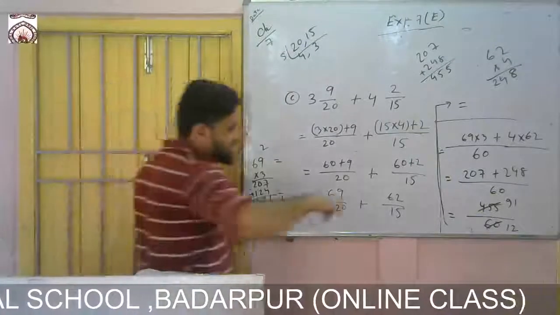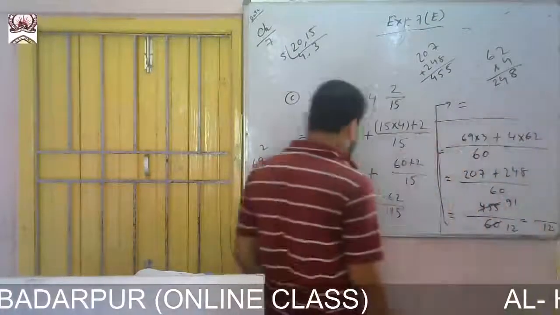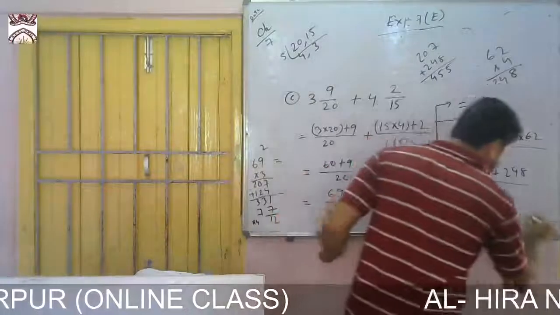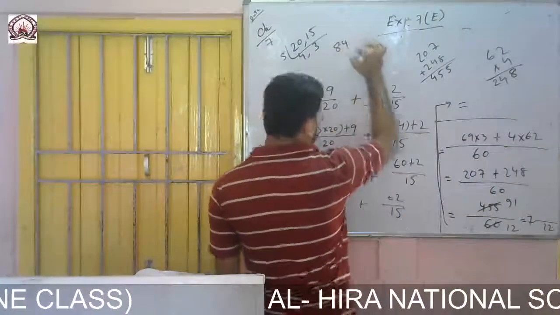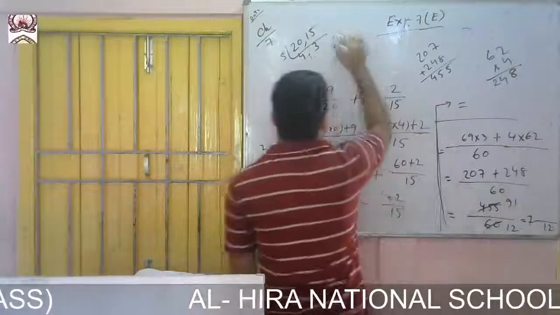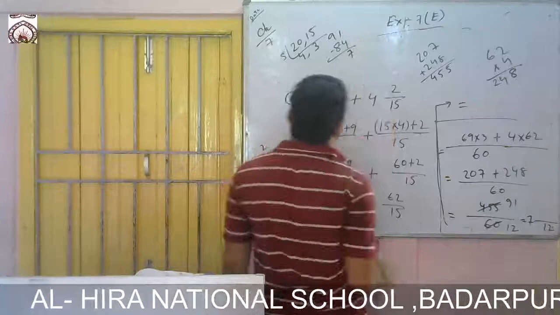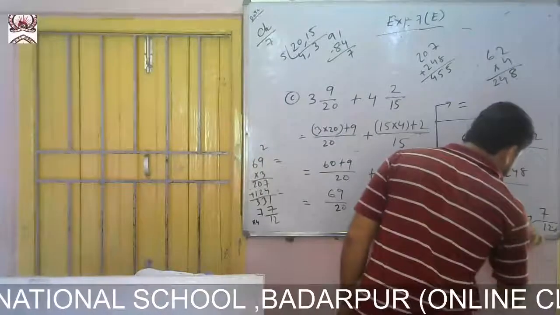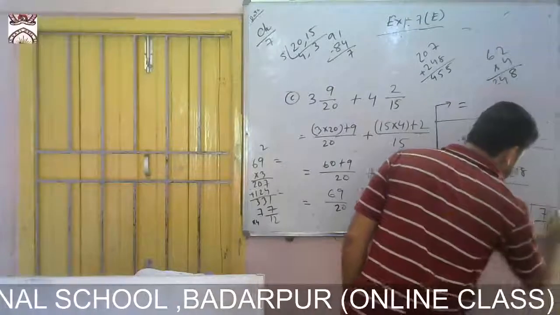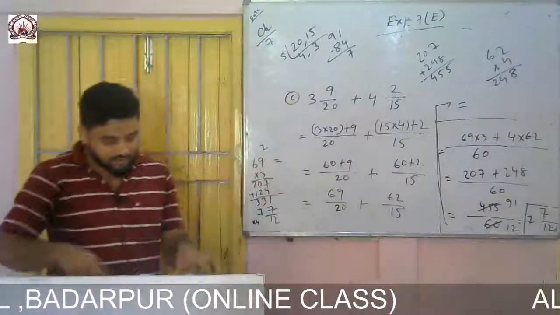Okay, now you see, now if you divide this one, then what? With 12, then what? 12 7 are what? 84. So here what? 91. So 91 minus 84, how much? 7. So it will be what here? 7. So that is the actually required answer. Earlier the calculation was wrong. Somewhere I made mistakes for that reason. Okay.